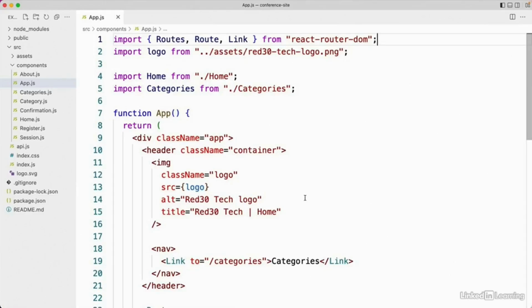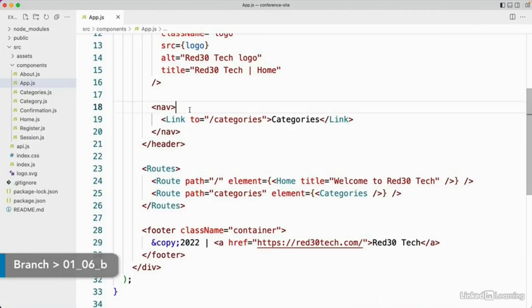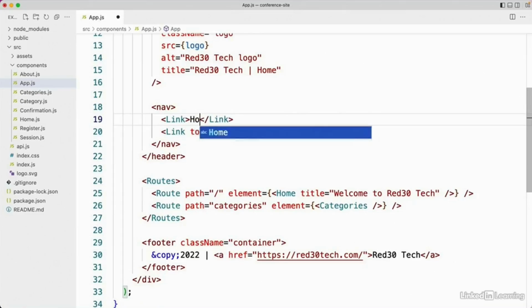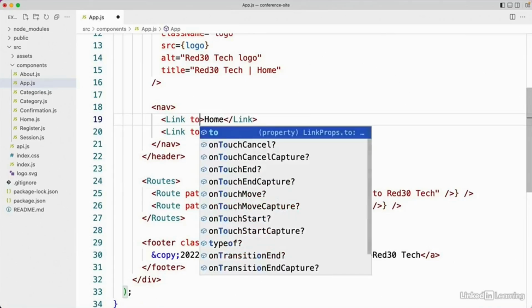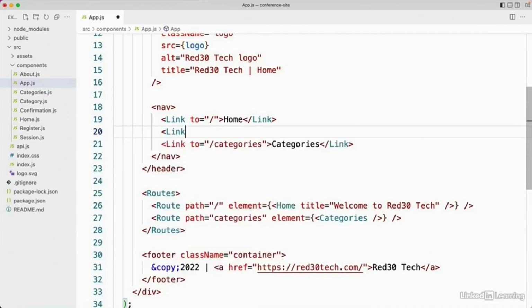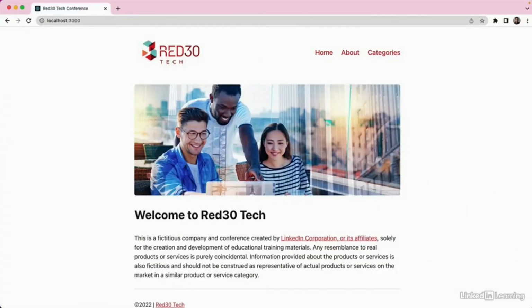All right, let's take a look at one solution for creating the new route, links, and header navigation component. To create the Home and About links, I'll follow the same approach I used when creating the link to categories. First, add a Link component displaying the text Home, which navigates to the root path. Then I'll do the same for the About link, setting the to prop to the path /about. There's our new links, and since we've already declared a route for home,